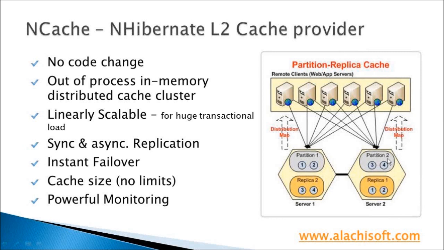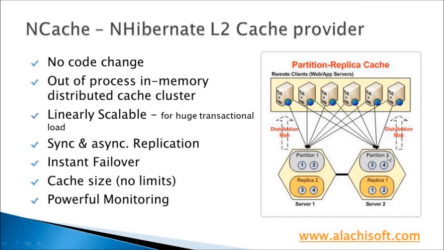The performance of NCache grows linearly when you add more servers to the caching tier. There's no limit on the cache size, so you can grow as much as you want on your data size. You can also include more servers at runtime into the cache cluster dynamically to increase the transactional capability as well as have more memory. It also provides you with a dashboard style monitoring, which helps you see at a quick glance the cache performance, your client application activity on the cache, and the various system resources consumed by the cache. The right hand side picture shows the partitioned replica topology, which keeps the data partitioned and replicated on multiple servers. Partitioned replica is the most popular topology within NCache.